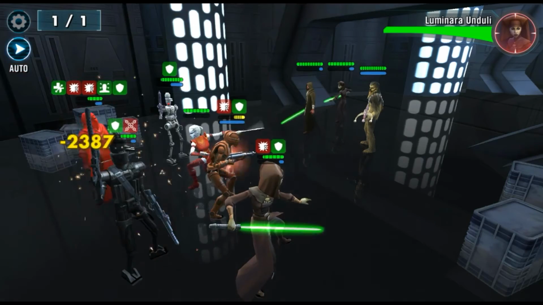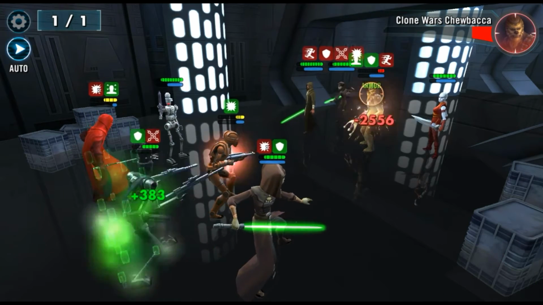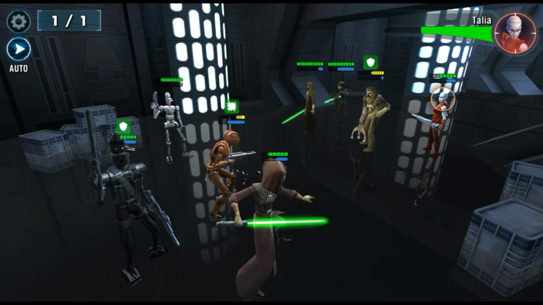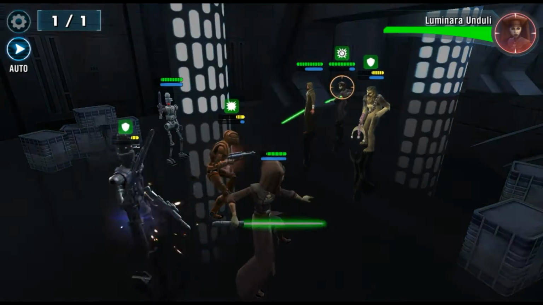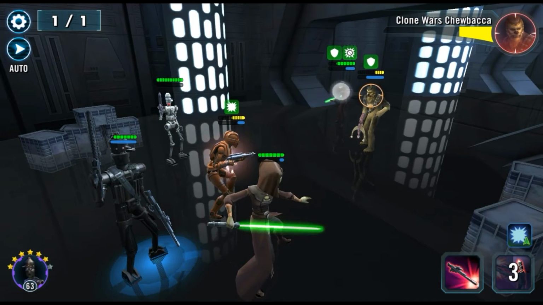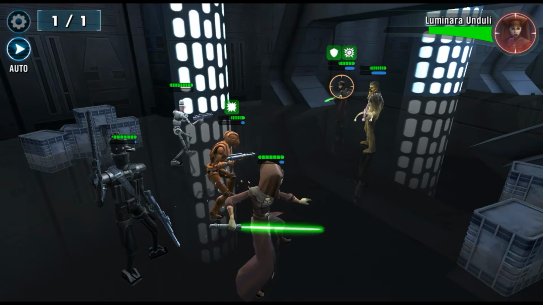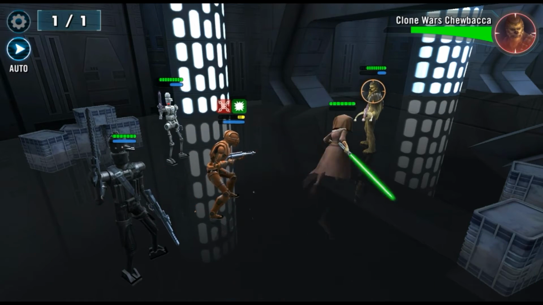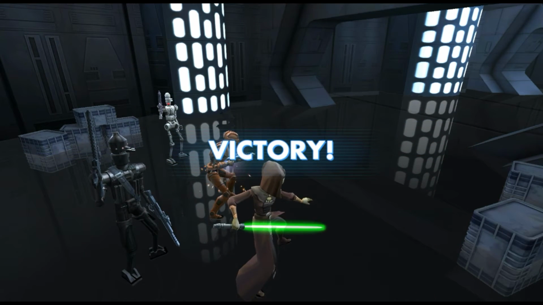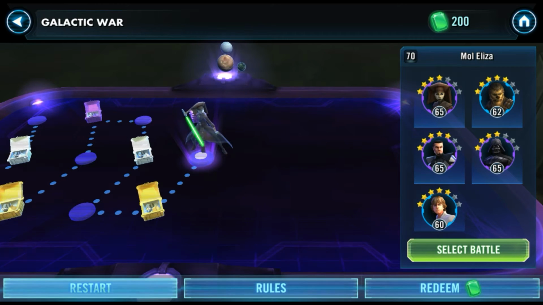especially for battles like this where you just can't seem to keep the attention off of one character. It forces the enemy to attack somebody else. And in this case, it took all of the heat off of Luminara and HK47, so I was able to finish this battle with considerably better results than before, even though I ended up finishing it with only 4 characters. HK47 still ended the battle with less than half health, but he's got a big health pool to begin with,